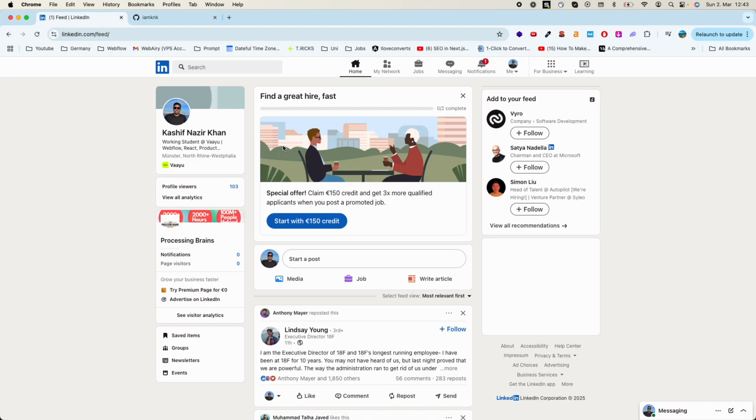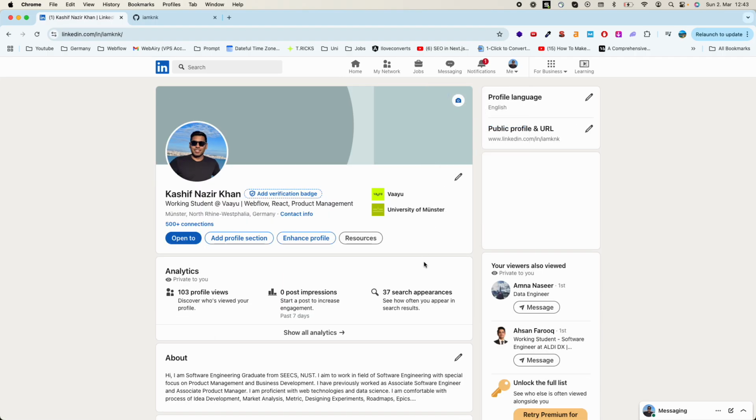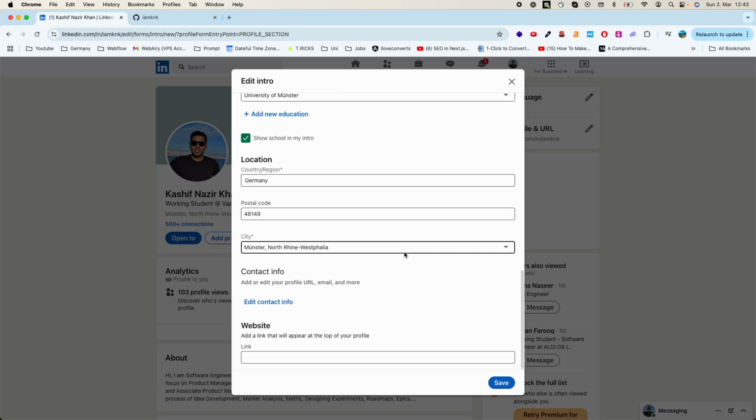So here we are on LinkedIn, and what you need to do is simply go to your profile here at the right top and click on view profile. Once you are here, you need to edit the profile. For that, click on this pencil icon here, and it would load. Go down to the bottom, and here you have website. In the website, and you have a link, just paste what you have copied from the GitHub, click on save,